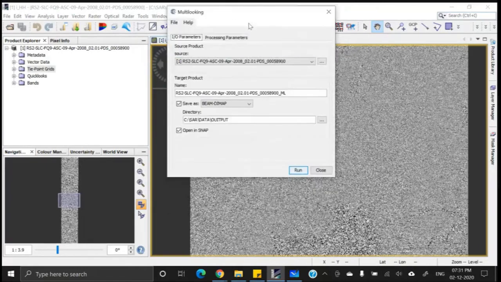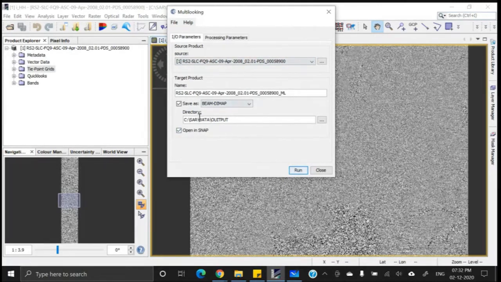If you click on Multilooking, the multi-look processing dialog will appear. First it asks for the source product. Currently we have only one product open, and it is this one. The product ID or serial number is also assigned; as you can see, it designates 1 here, and 1 here too. So this is the source data.